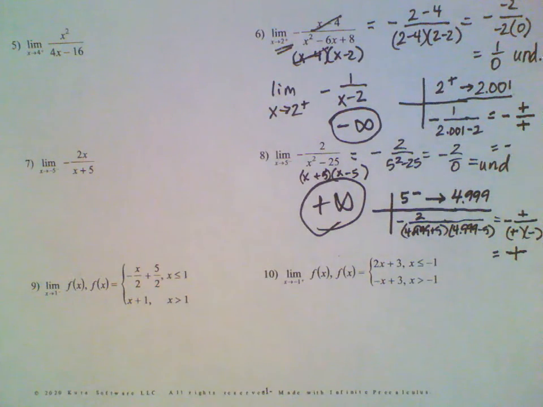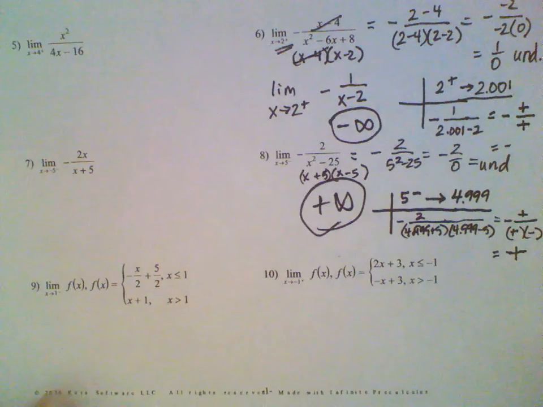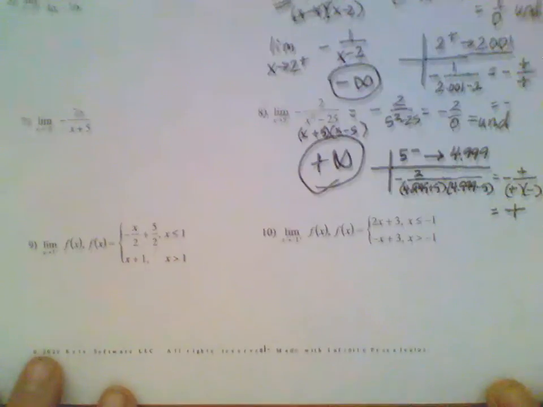So again, when it's coming from the left and from the right, if it comes out to undefined, please find where it is headed. If there is no little left or right on there, you can just say does not exist. But because there's a left or a right on there, I want to know that it's going to positive infinity or negative infinity. All right, so the next section that we're going to look at here is the piecewise